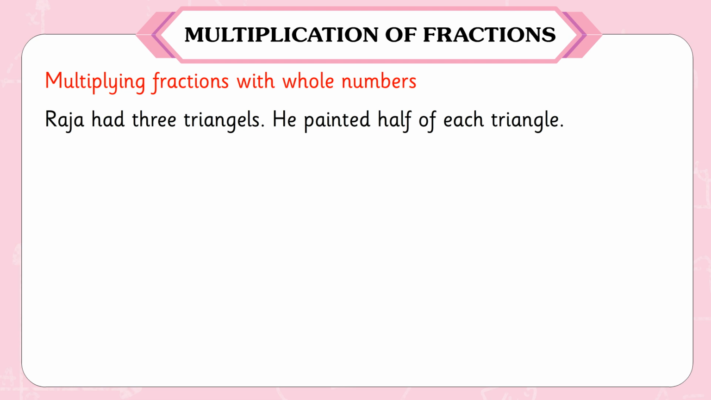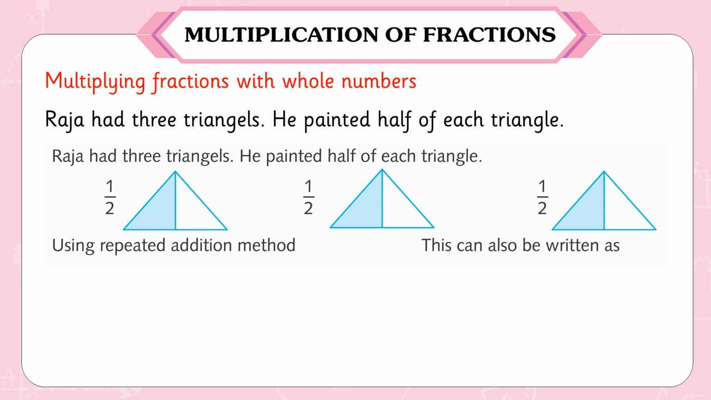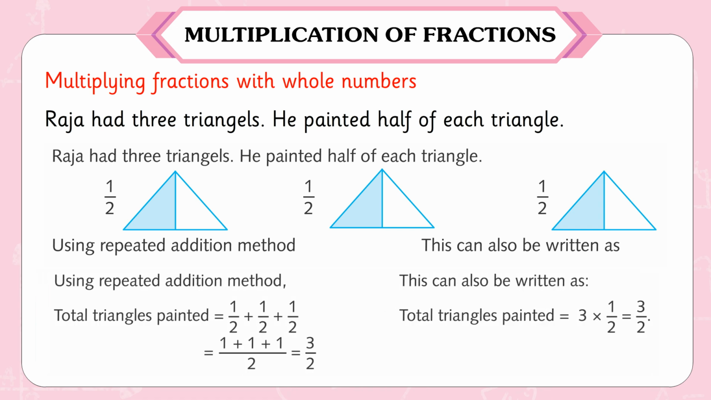Raja had 3 triangles. He painted half of each triangle. 1 by 2, 1 by 2, 1 by 2. Using repeated addition method. Total triangles painted is equal to 1 by 2 plus 1 by 2 plus 1 by 2 is equal to 1 plus 1 plus 1 by 2 is equal to 3 by 2. This can also be written as total triangles painted is equal to 3 into 1 by 2 is equal to